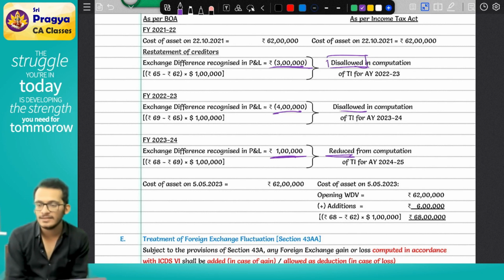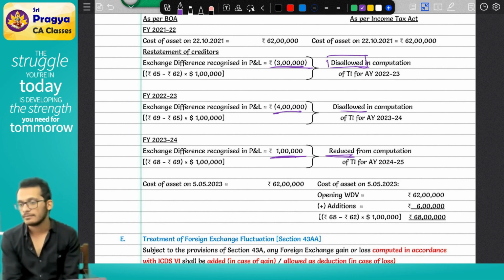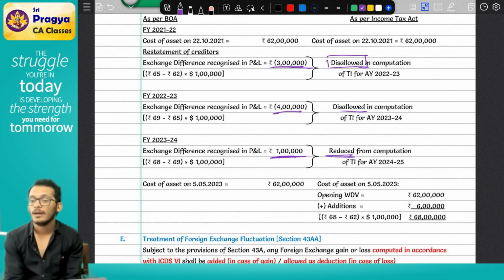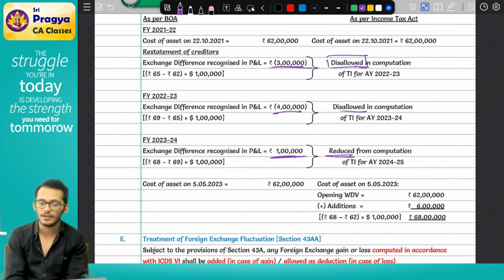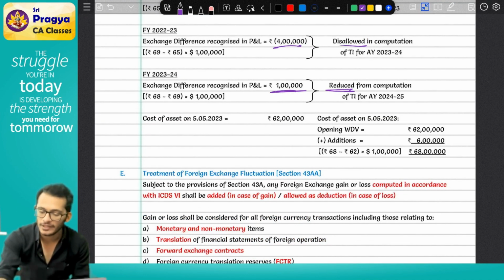Income tax is coming and saying, boss, this 6 lakhs of loss which you have is pertaining to an asset. So therefore I cannot claim it in the P&L. Income tax will say capitalize. When will you capitalize, Rahul? You will capitalize in the year of payment. When did you make the payment? May 23. So on May 23, on the right side, if you notice, I have said opening WDV is 6 lakh,